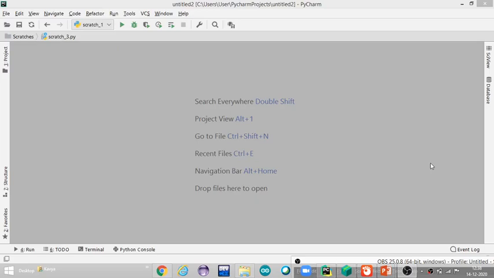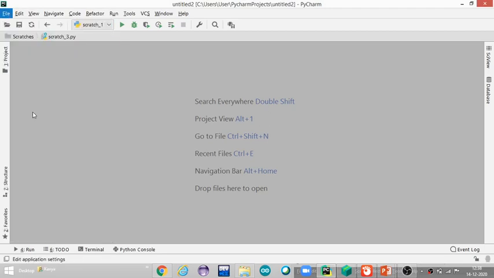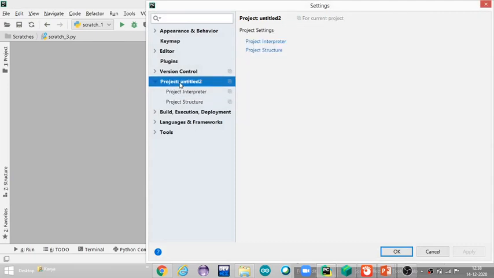In this video, I am going to show you how to install Tensorflow in the Pycharm IDE. First of all, open your Pycharm IDE, and once it is open, go to File and select Settings. In that settings, you can see the list of tools, and in that select Project, and within that select the